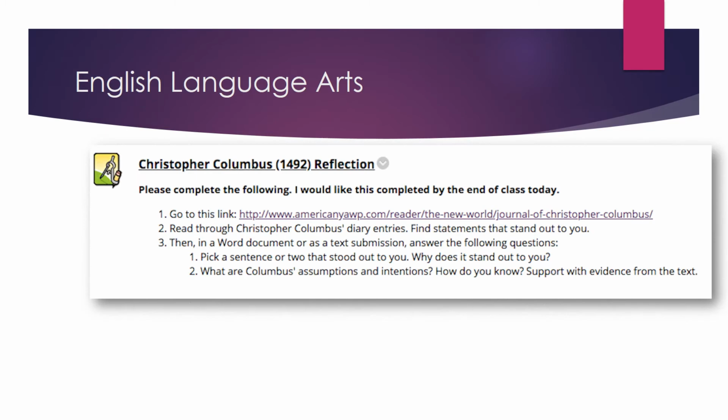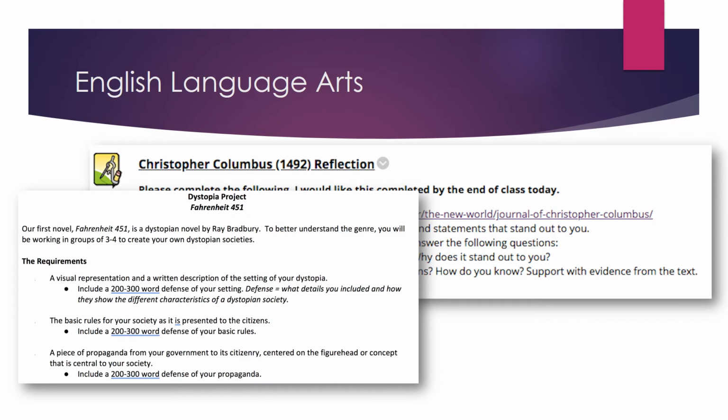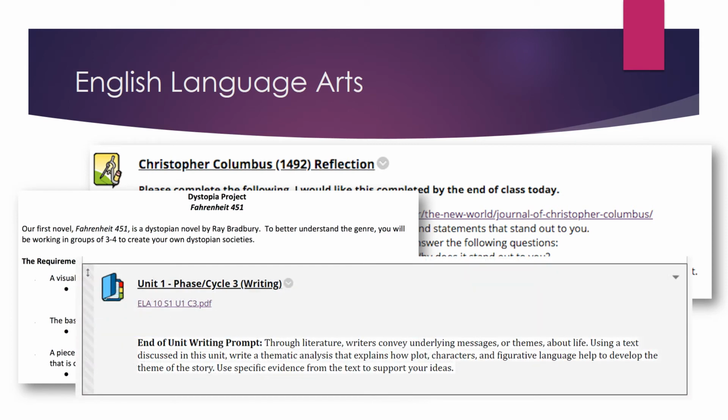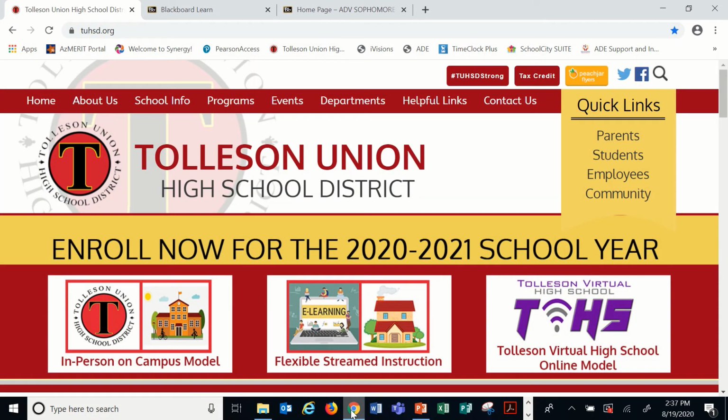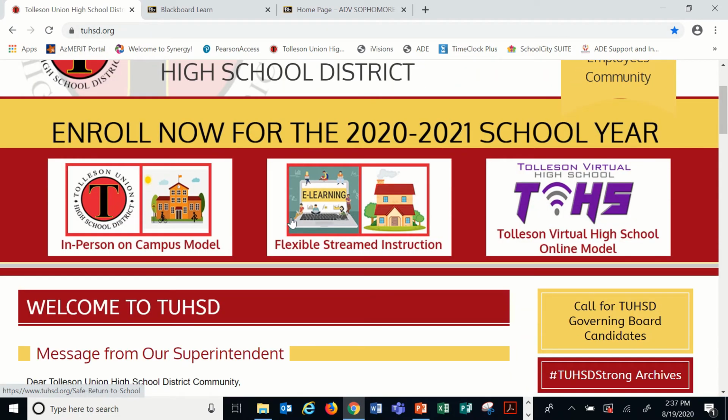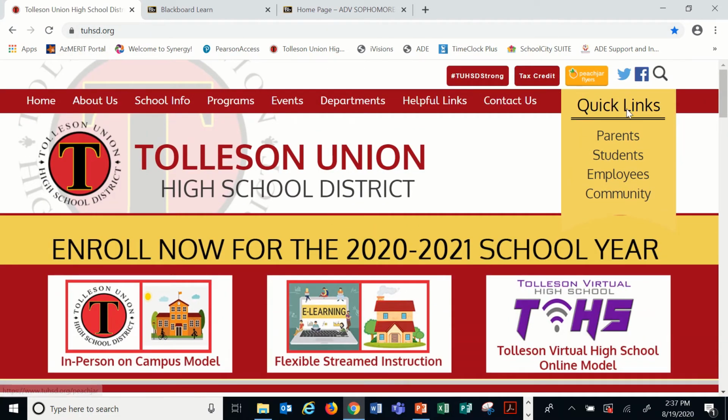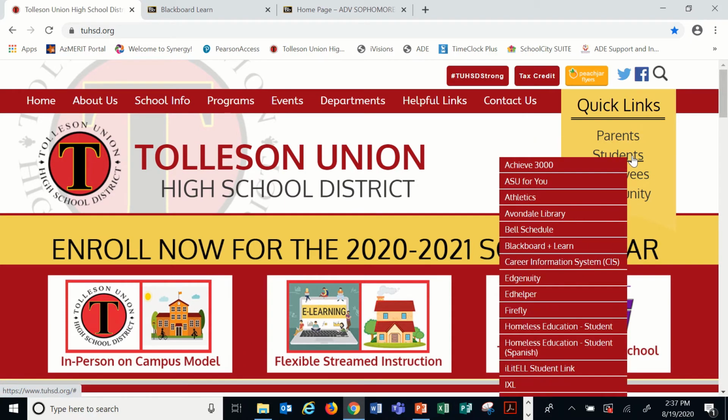Sometimes your teachers will have assignments in Blackboard, and for this example, I'll show you how you can quickly translate English information into another language if you are working in Blackboard. So the first thing that I'm going to do is log in to Blackboard. I'll start on the district webpage and find quick links